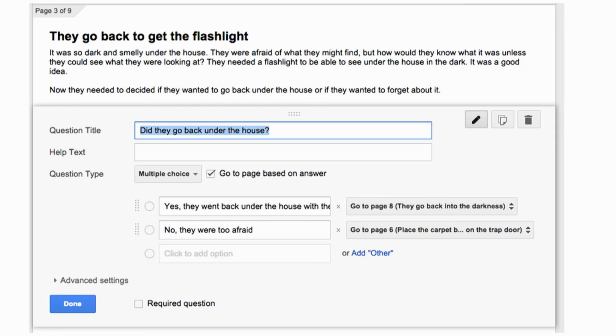So this is how it works. You have the story piece. Remember that page break? This is the text that I put in the page break. That's the piece of the story that they're going to read. And then you ask a question involving a choice. Make it a multiple choice question, yes or no or whatever. Go to page based on answer, and then select what part of the story you want them to direct that